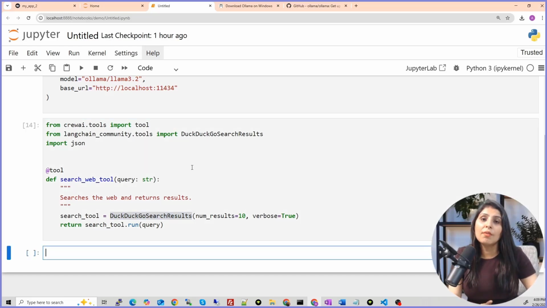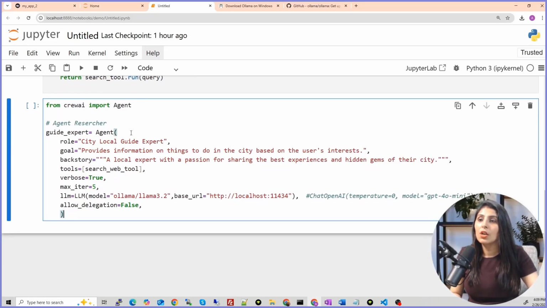Now we have the tool ready, we can create agents now. So this is my first agent. To create the agent, first you will import Agent from Crew AI, and in this variable I'm creating the agent. The role of the agent is city local guide expert. This agent will provide information on things to do in the city based on the user's interest.